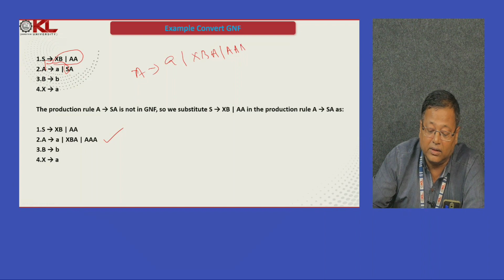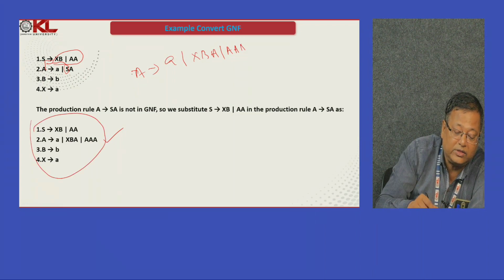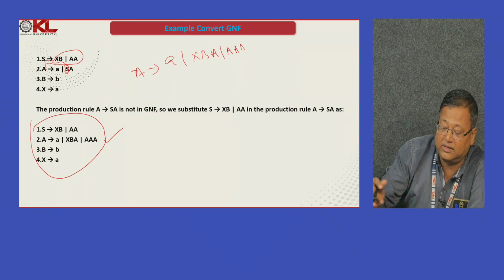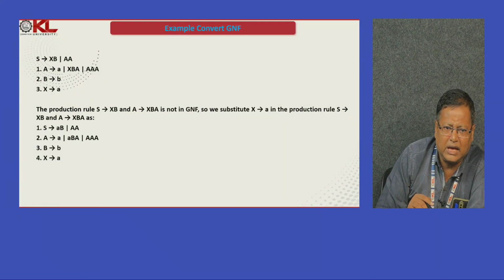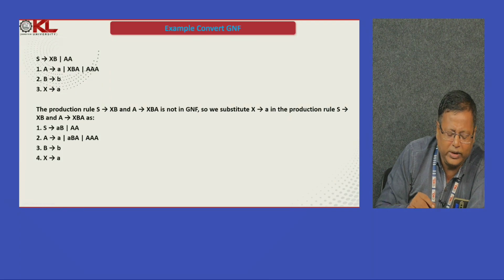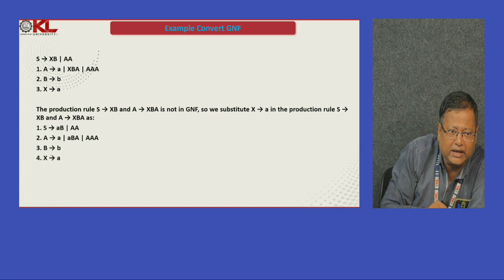Then the production rule is like that. Simply we substitute S derives XB, XA in this S. So XB, S derives SB, we add here B derives b and X derives a. So here we add X derives a. So here X derives a means it is a b A, and here is also a, and these